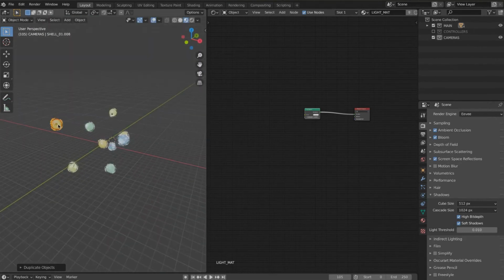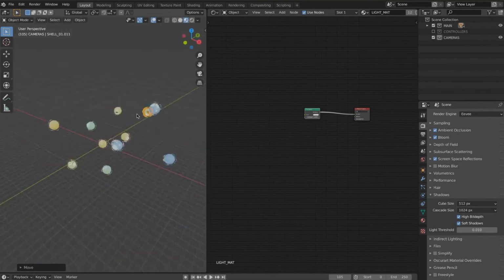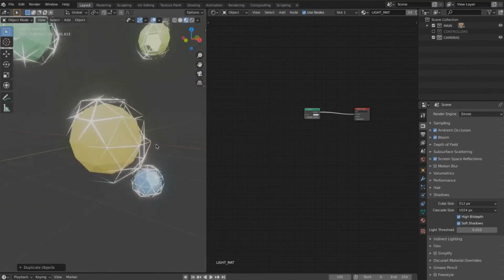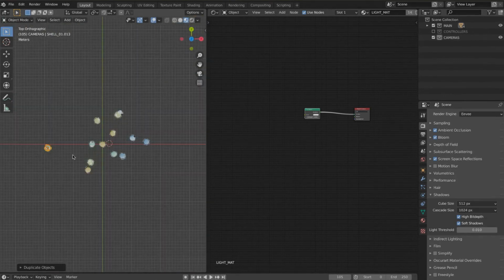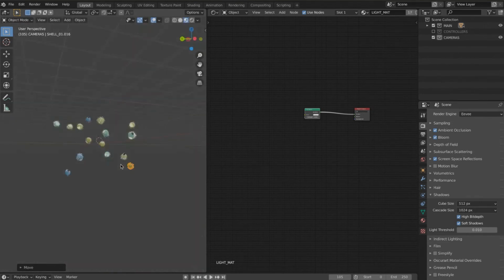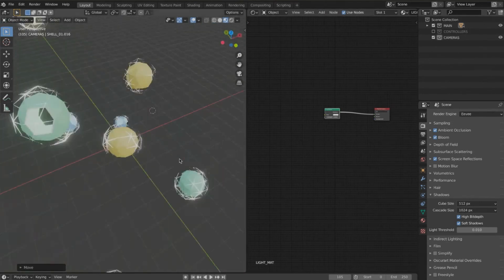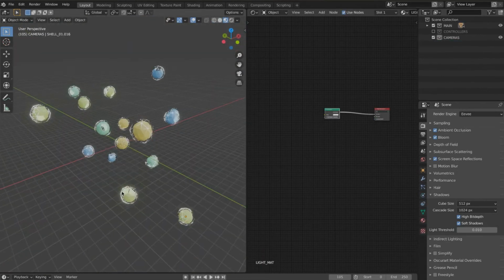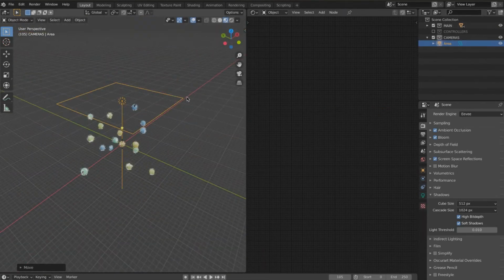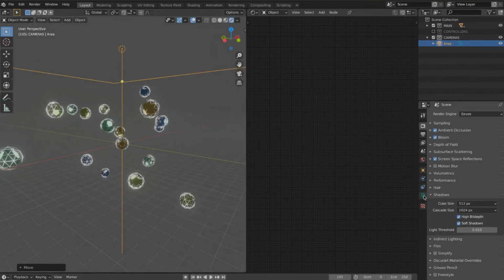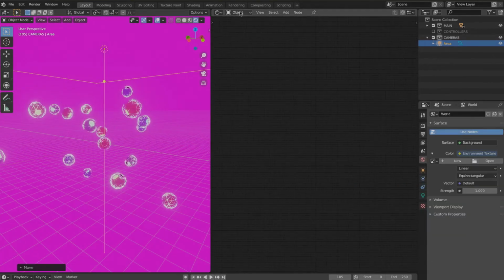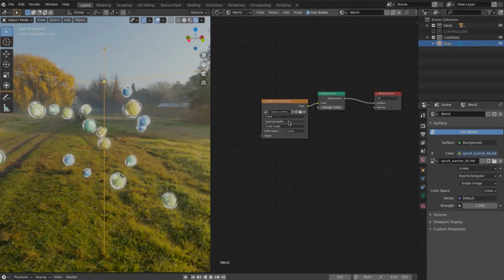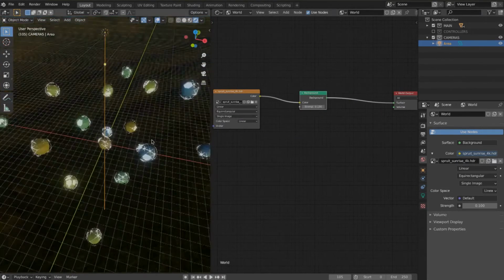What you have to do next is duplicate all the objects using Shift D. Each duplicate will be in a different color. Put in some randomness. Originally I was thinking of using a particle emitter to duplicate them, but since there will be a camera that rotates around the object, I think this is the best option.